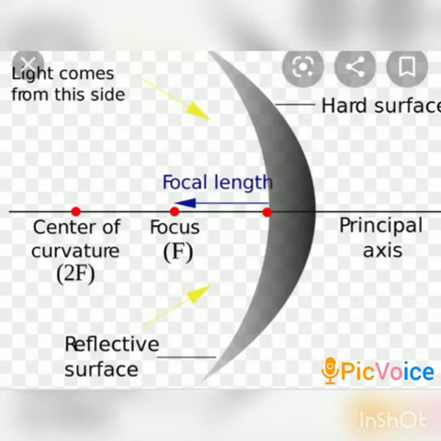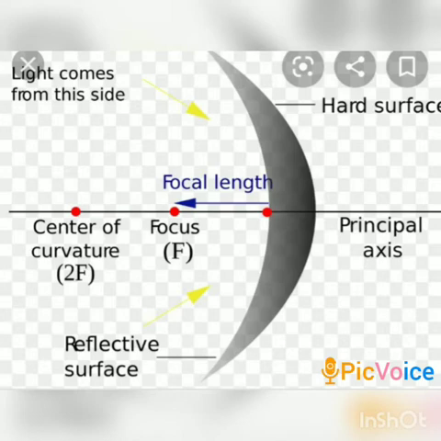The second one is the radius of curvature. The radius of the sphere of which the given mirror is a part is known as the radius of curvature of the mirror. The third one is the pole. This is the midpoint or the central point of the section of the sphere used for making the given spherical mirror. That means the part which is used as the spherical mirror from the sphere, the midpoint of that part is known as the pole.